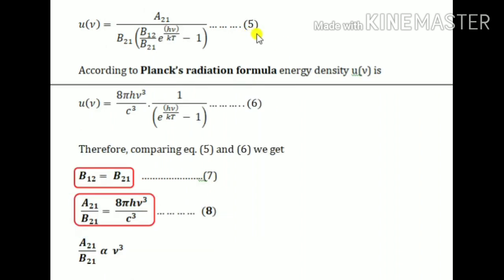So, this is equation number 5, and we know that according to Planck's radiation formula, the energy density U nu equal to 8 pi h nu cube upon c cube into 1 upon exponential h nu by KT minus 1. Suppose this is equation number 6. If we compare equation 5 with equation 6, then